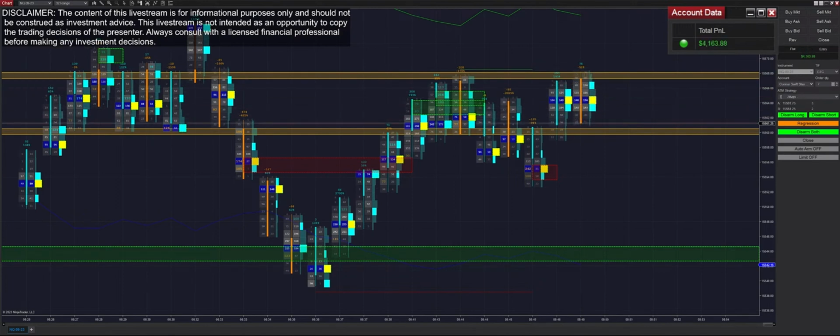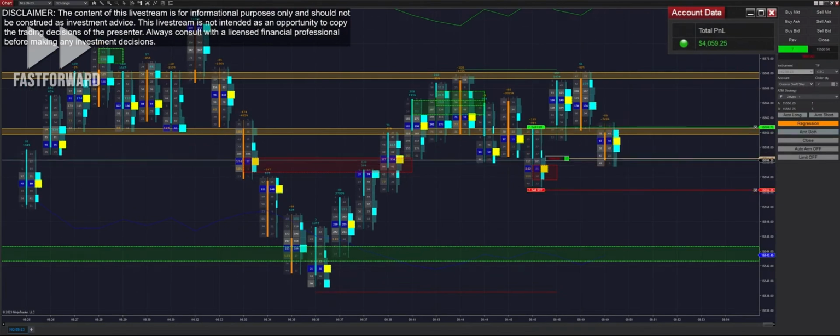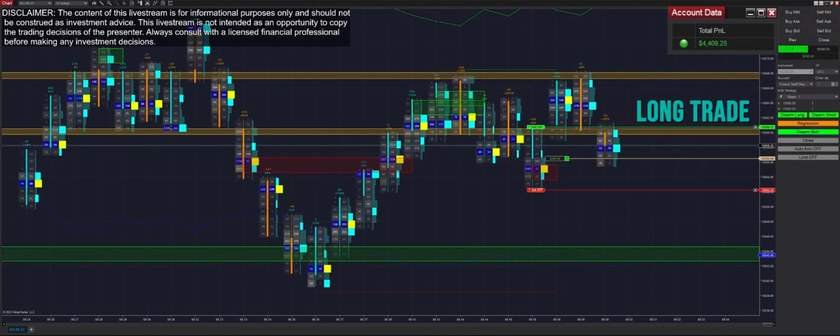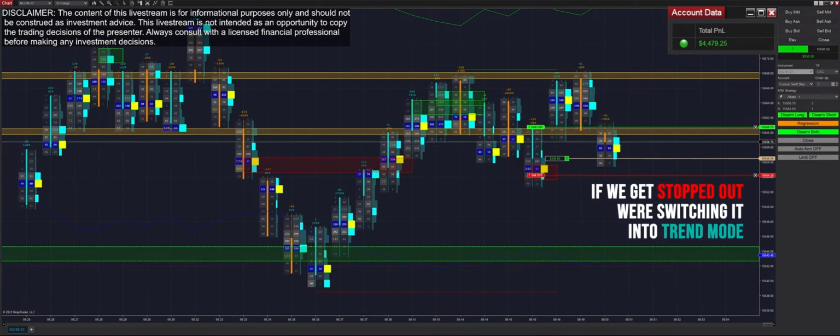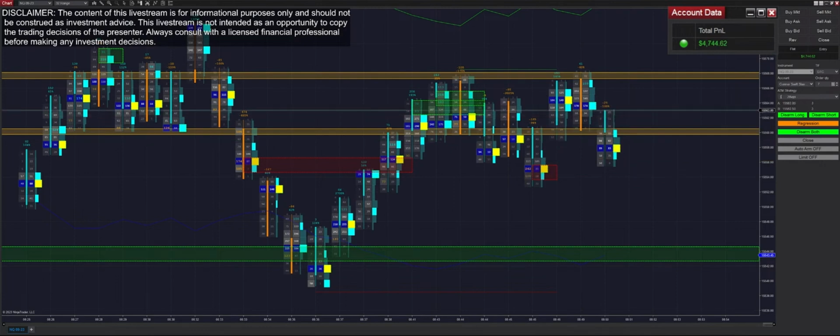Perfect, got filled there. Really clean, easy short fill. If we close out of this in the short direction, we'll put it into trend. But we actually get filled into a long trade here. If we get stopped though, trend mode. See, it's a pretty simple rule-based system in terms of mode switches. Up to